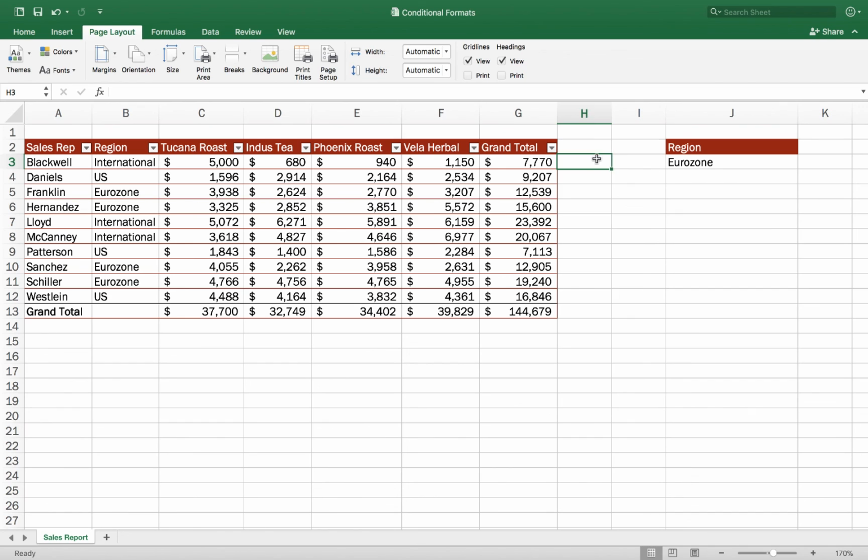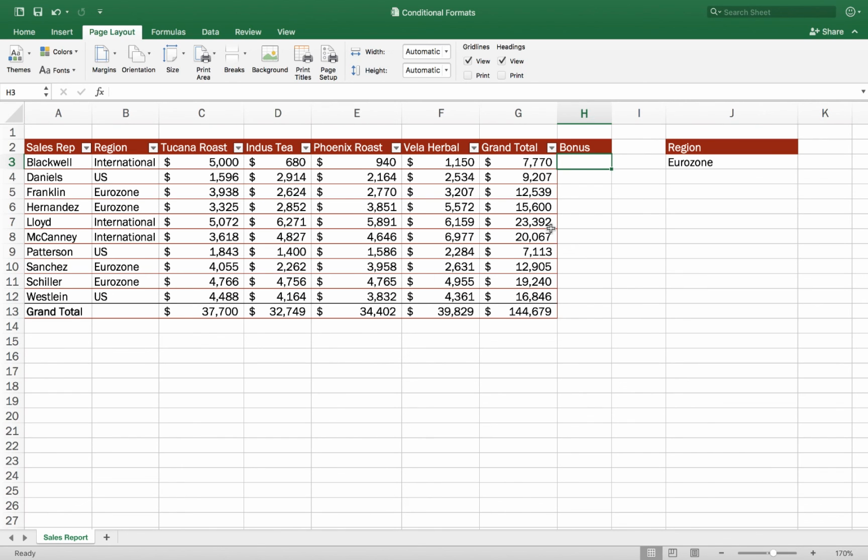Here, for all of these guys in column G, I'm going to figure out a bonus. The deal is if they sold over $10,000, I'm going to show a bonus of an extra $1,000 over in column H. If their grand total is not over $10,000, they don't get a bonus. So I'm going to add a new column to the right here. I'll type in Bonus, press enter, and now I want to create my if function for the first guy.